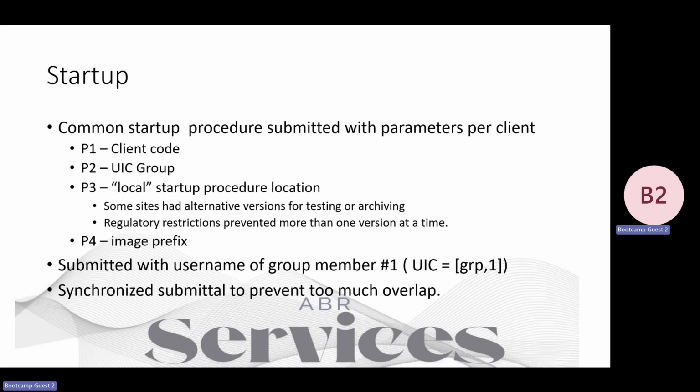So by specifying it here, I could change the version, but I could only do it when I started up the application. There was a mechanism to shut the application down, so I could actually call the startup procedure by hand, not just in system boot, if I had to start up a different version, but that didn't happen very often. And the image prefix was there because